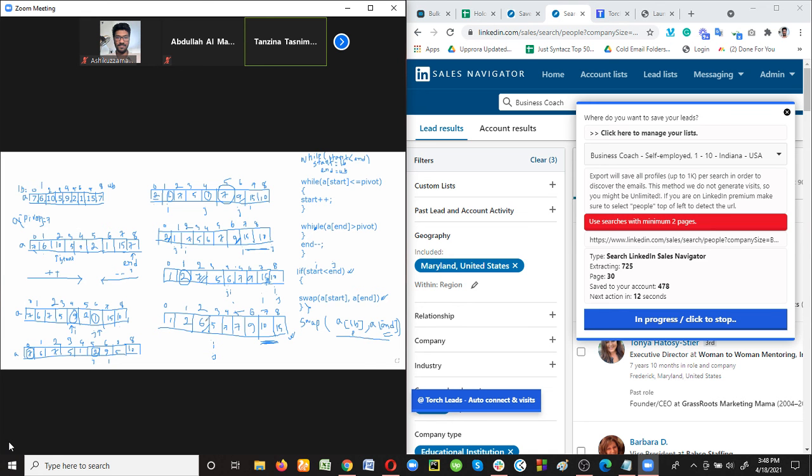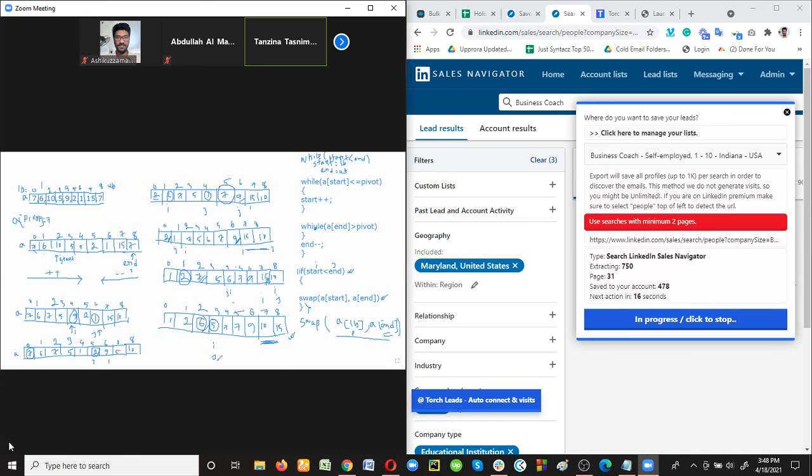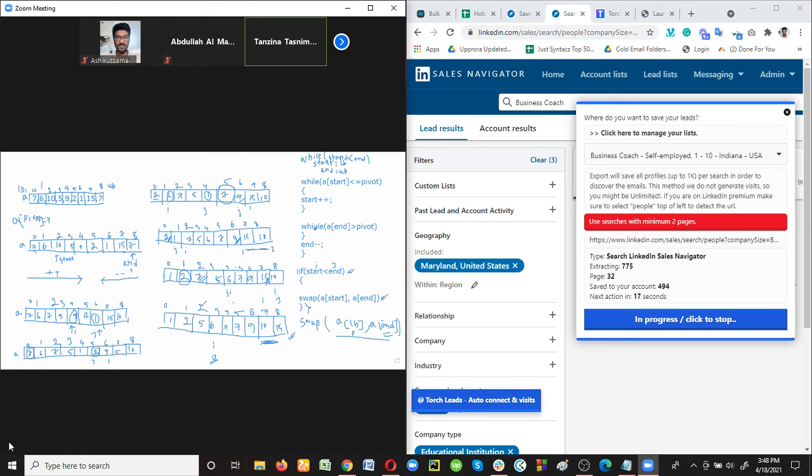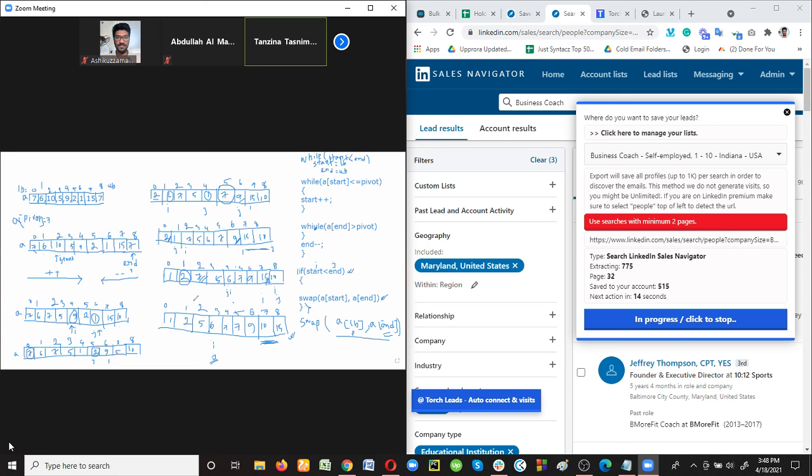That means we can swap the pivot element with the element from the jth position. So after this swapping, 5 will be stored here. This is 5 and this is 6. Now look at this array. Already we have stored all the elements in their correct position. So now this array is sorted. Look at the data: 1, 2, 5, 6, 7, 7, 9, 10, 15. So the array is now sorted and this is quick sort.